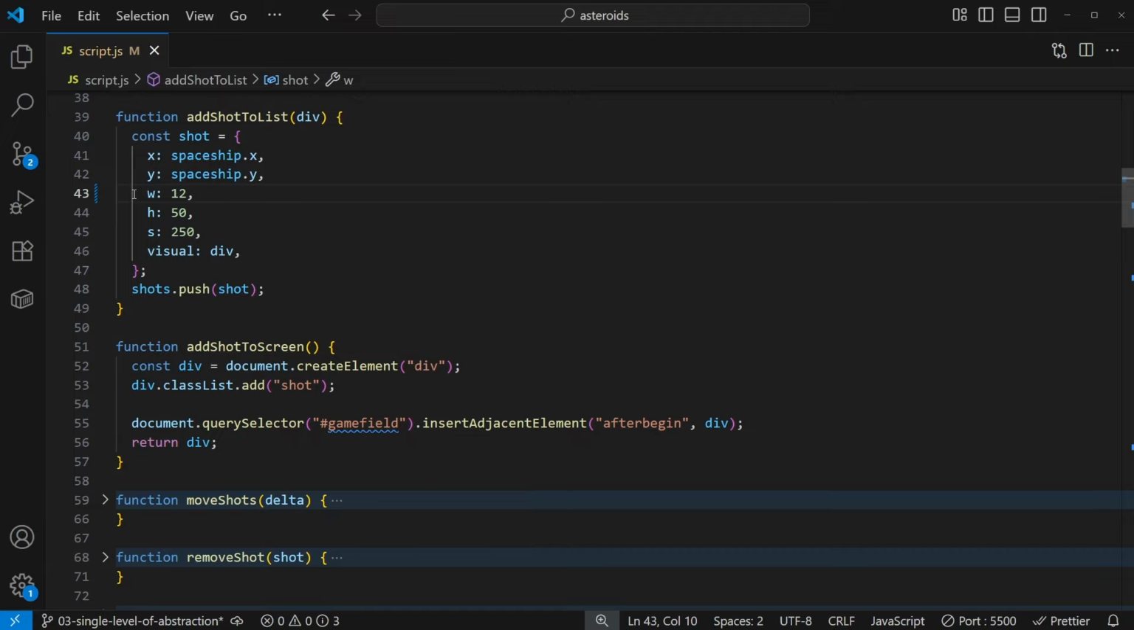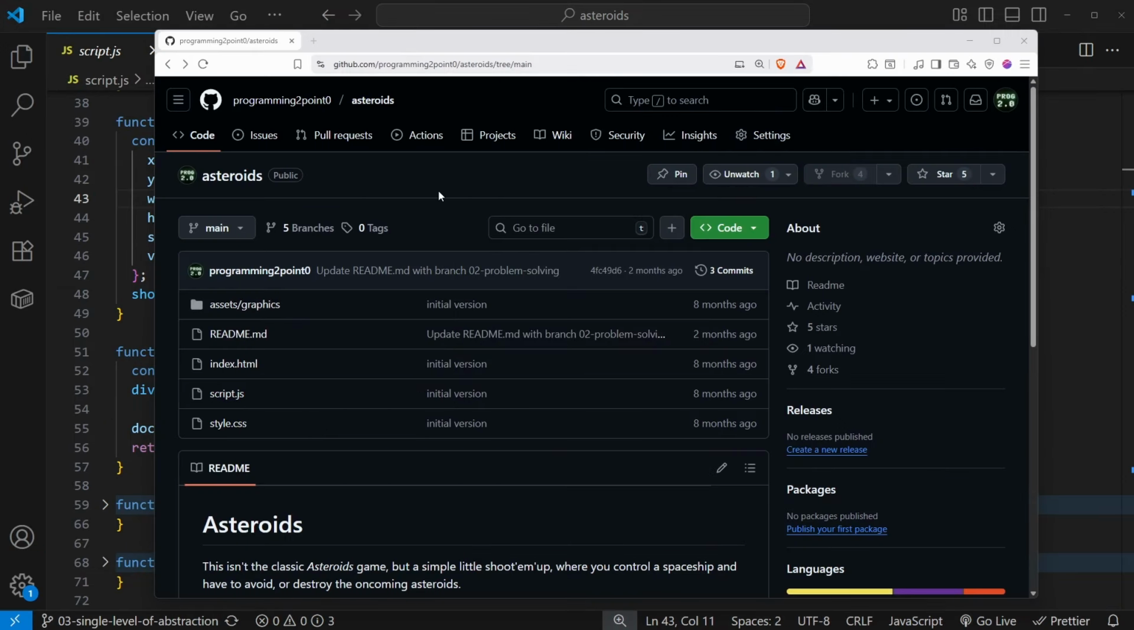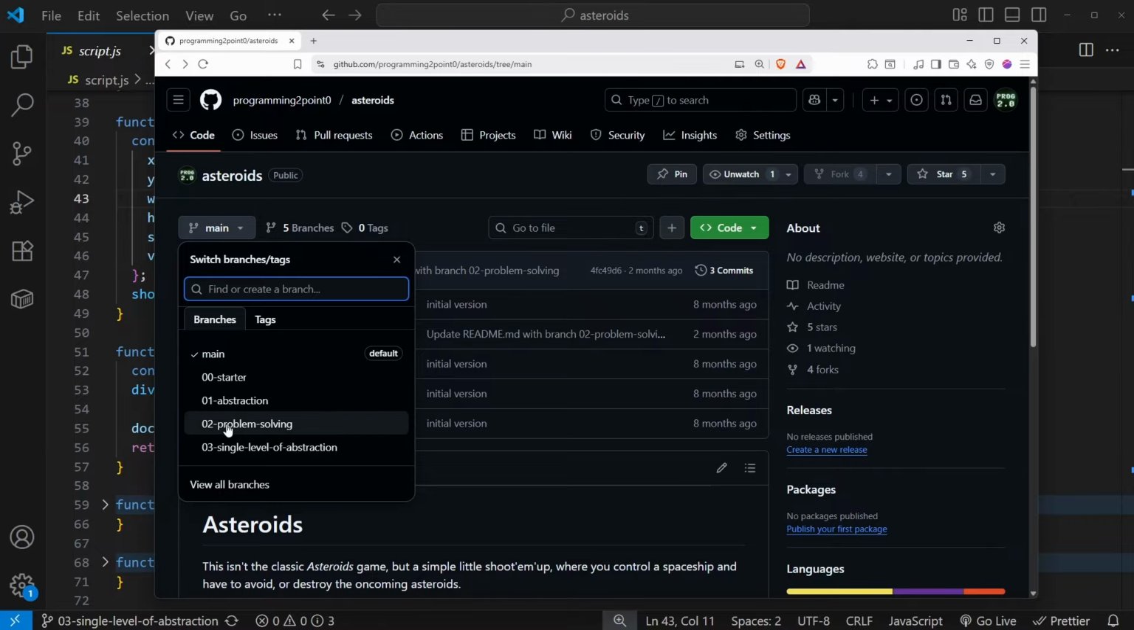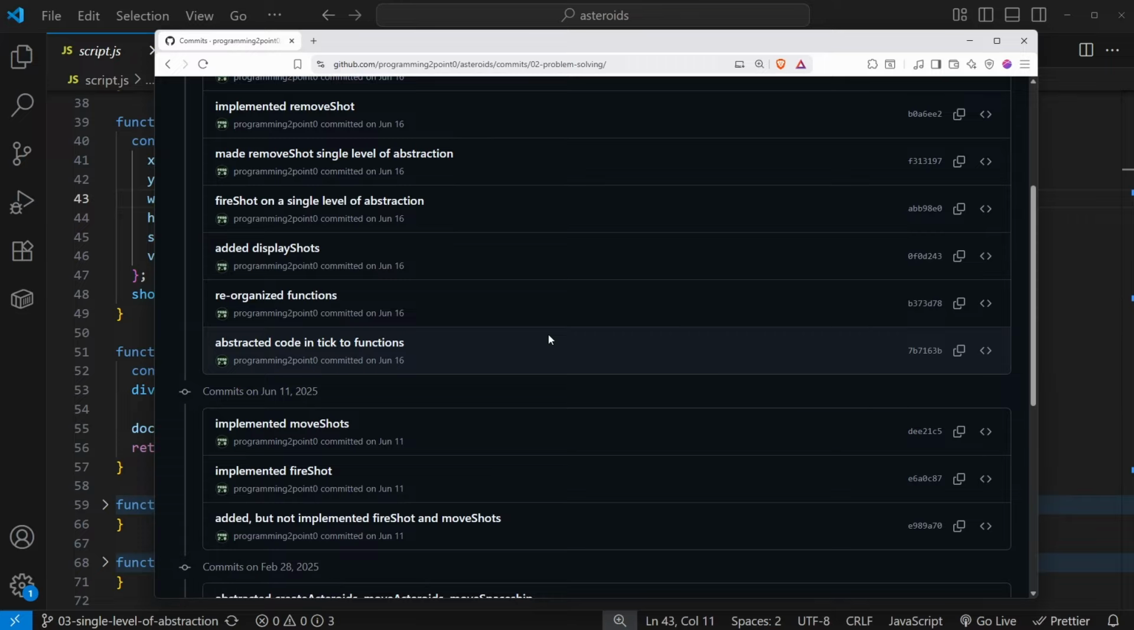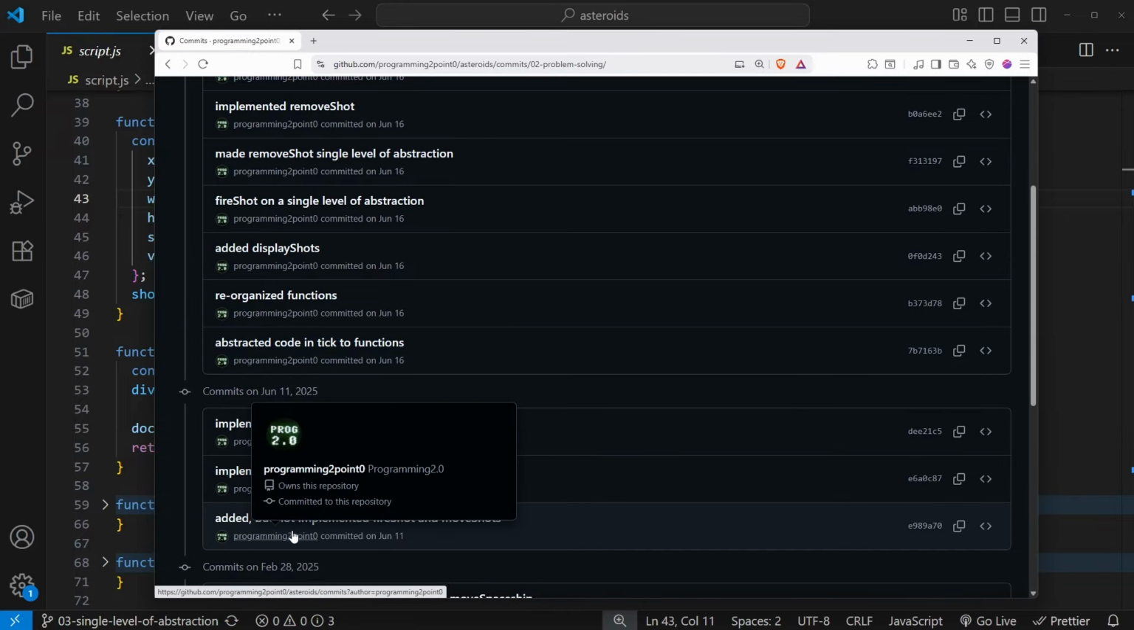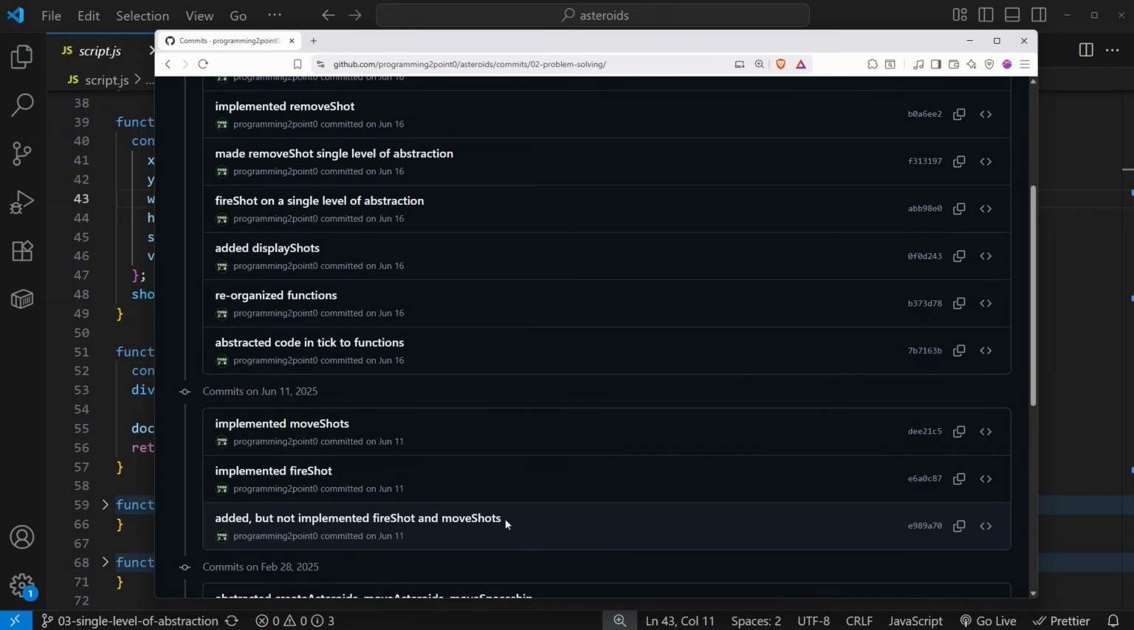At least now I have a fully functioning game where I can shoot down the asteroids before they damage the spaceship. And let me end with a quick recap of all the work that has been done so far. It started in the 02 problem solving branch, where I can see the history, and it began with adding but not implementing fire shot and move shots. That was where I created the not implemented functions. Then I implemented fire shot and later move shots, and then I got stuck. Couldn't go any further before learning about